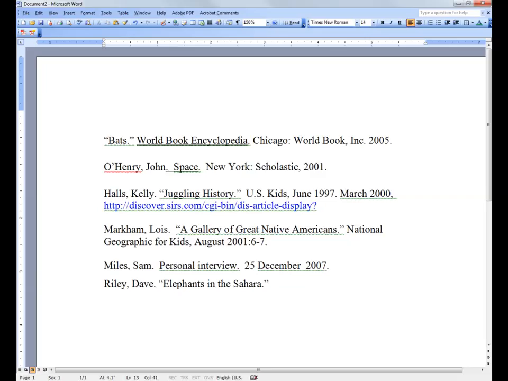It was in National Geographic Kids. Published in April 2014, and we accessed it on May 2015